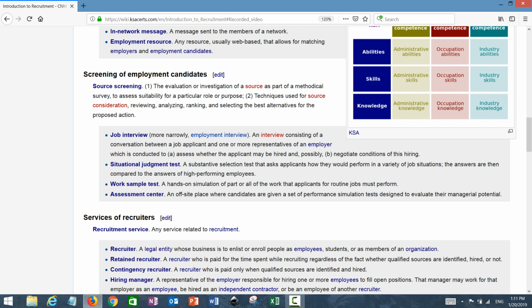It is an off-site place where candidates are given a set of performance situation tests designed to evaluate their usually managerial potential. Why managerial? Because an assessment center is not cheap; it's pretty expensive. So for high-level candidates with high salaries, it makes sense to spend more on them.